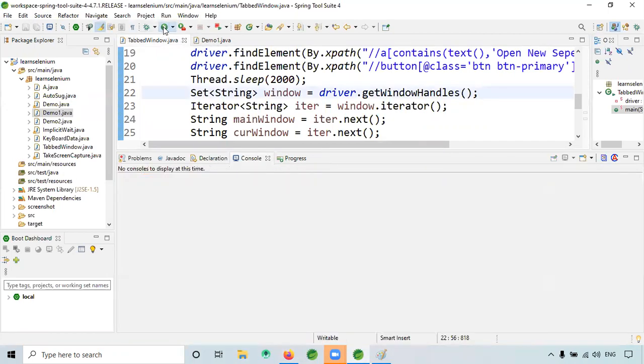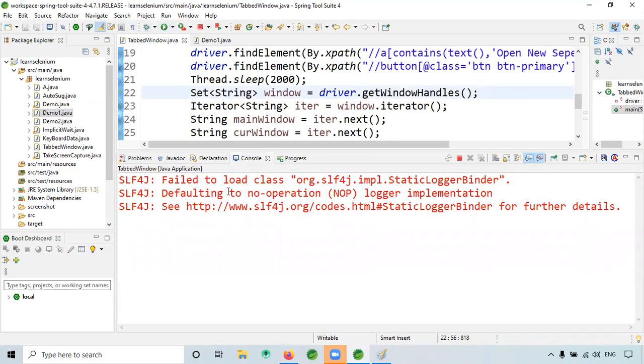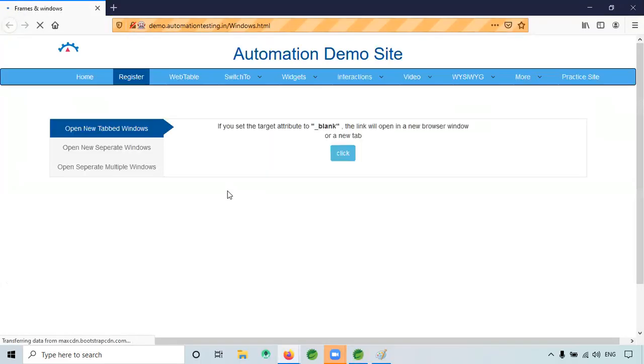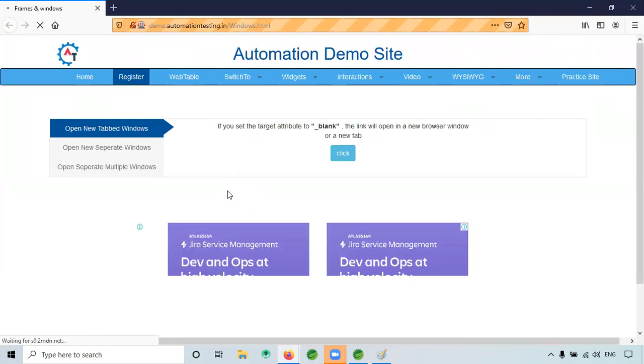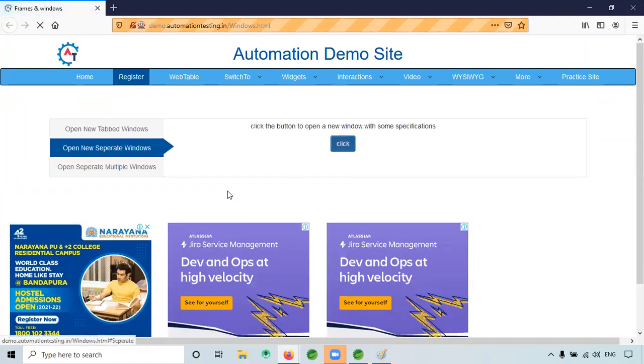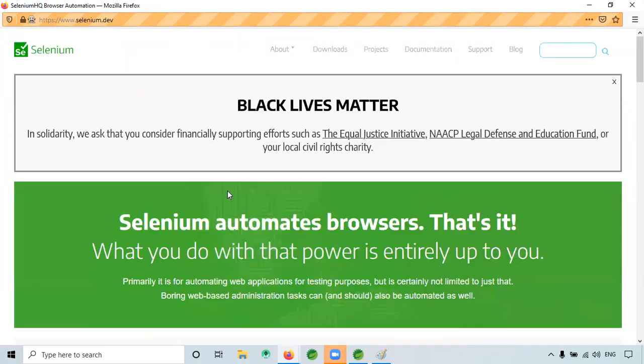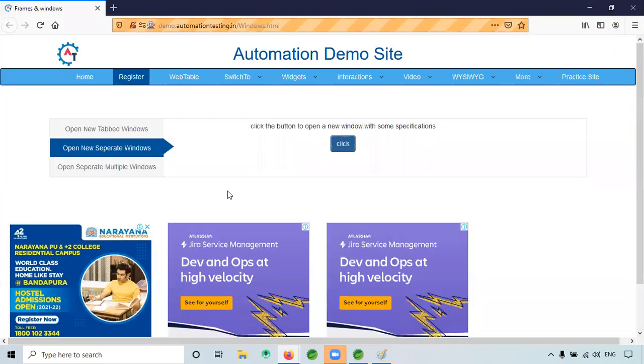So I am clicking this. Okay, it's popped up. See, it popped up and it went back as well.